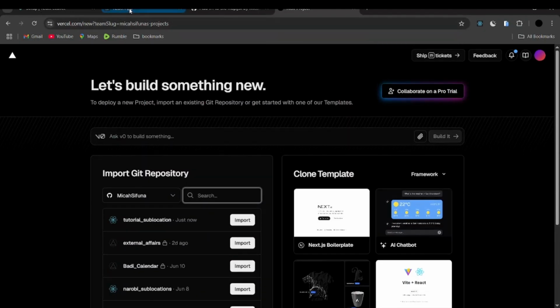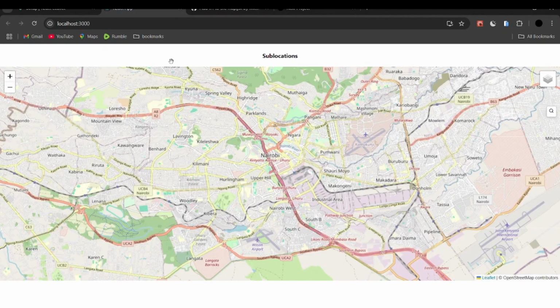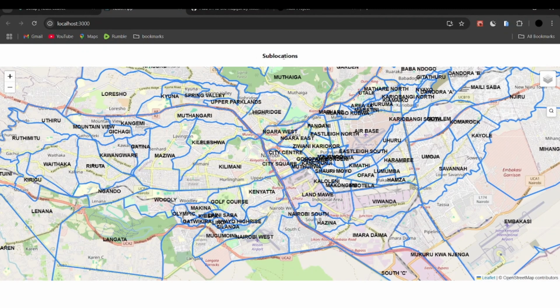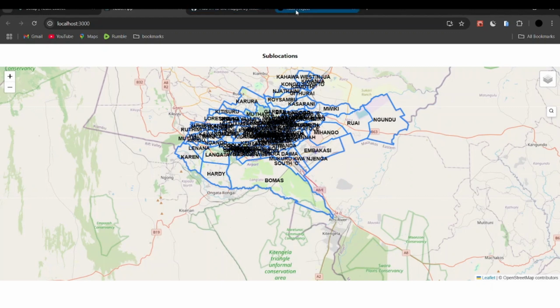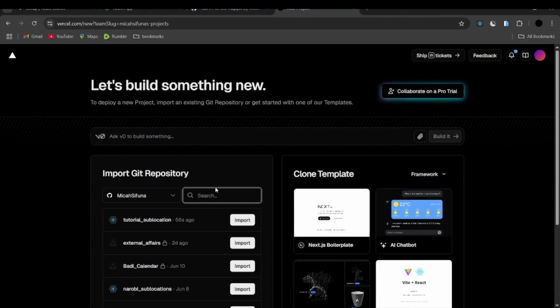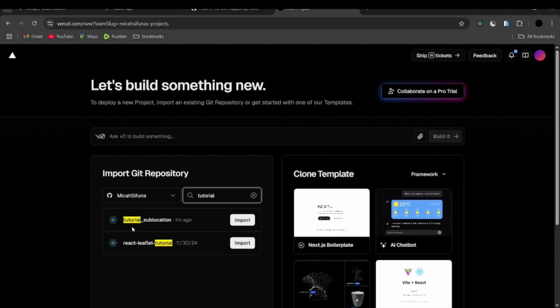Okay, so before that, let me show you something. So we have commented the code and pushed the code. Now you see we lost our changes in the main repository, which is fine. Now in our new project, we just need to type in the tutorial, even it is already here. So we have the tutorial repository, which is already here. So you say import,